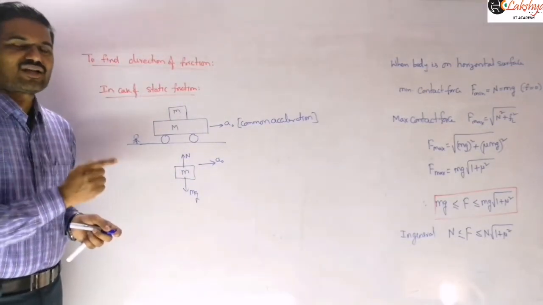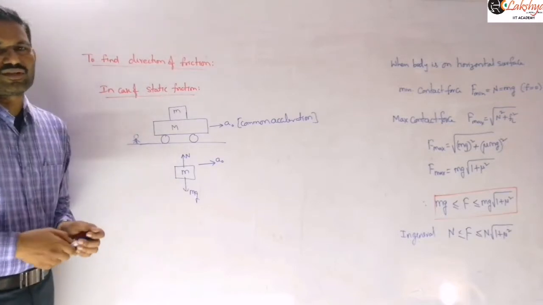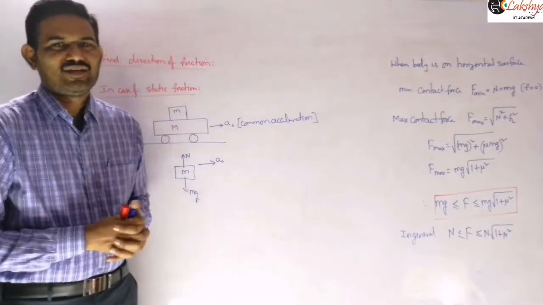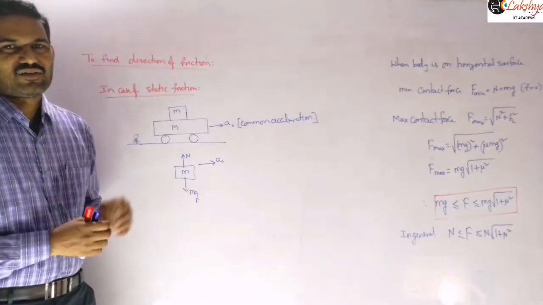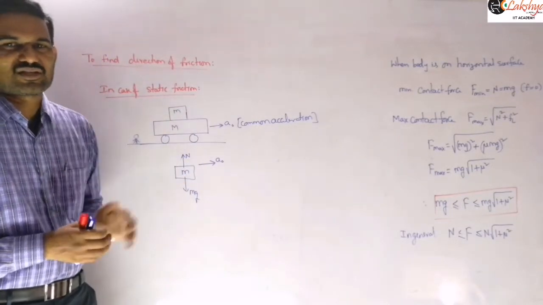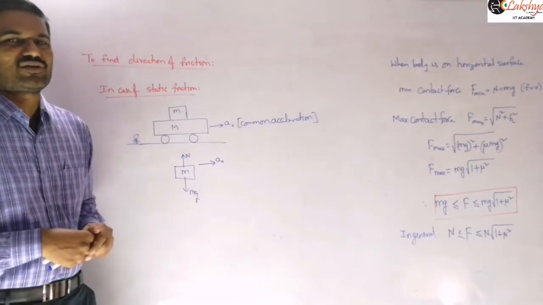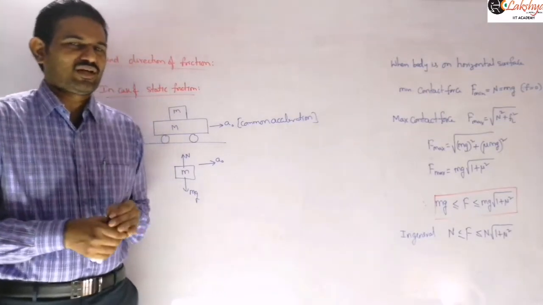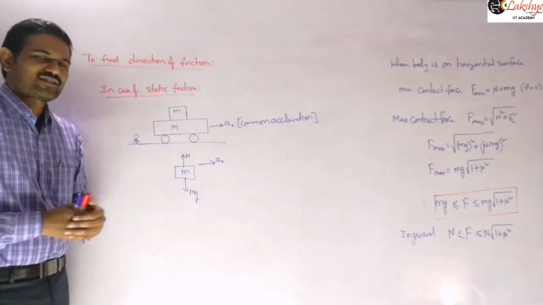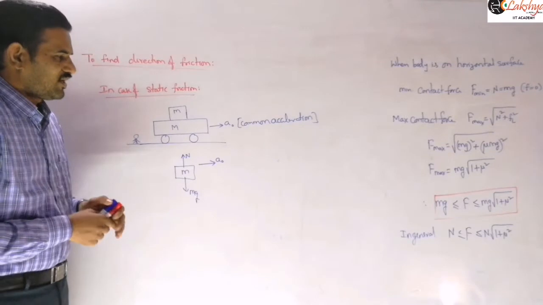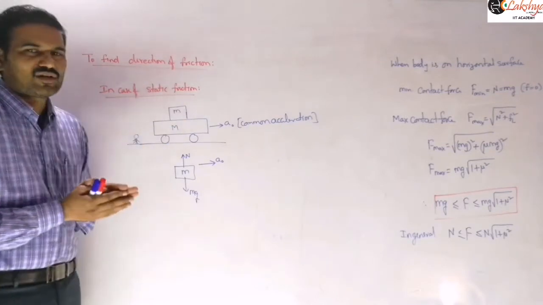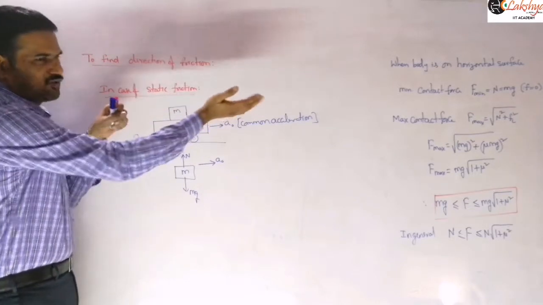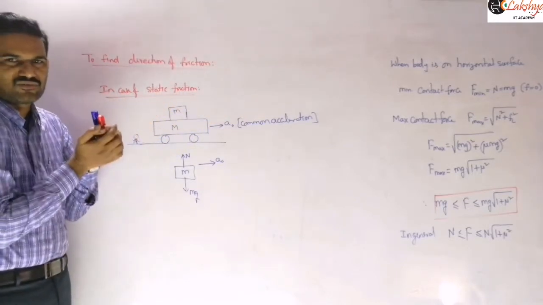Now in the horizontal direction, who is responsible for producing that acceleration for the block? That is only the frictional force. Simply let us think, if friction is not there, what will happen? The lower truck is accelerating by some external force. If there is no friction between the block and the truck, then the block will remain there only and the truck will move, if all the surfaces are smooth, right?